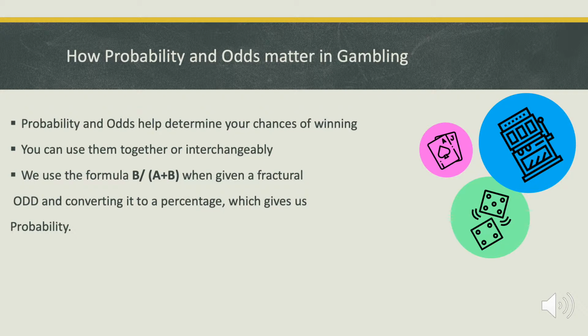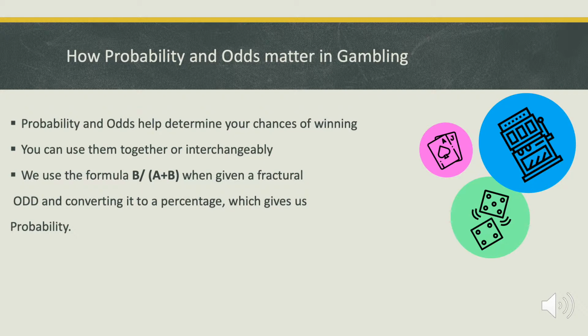Now that we covered 2 stats, let me explain why these are important in gambling. When gambling, probability and odds can be used interchangeably, and it can help determine your chances of winning. When given a fractional odd, for example, 3 over 1, we can use the formula b/(a+b) to calculate the probability. So we would get 1/(3+1) equals 0.25, or 25% chance of winning, or